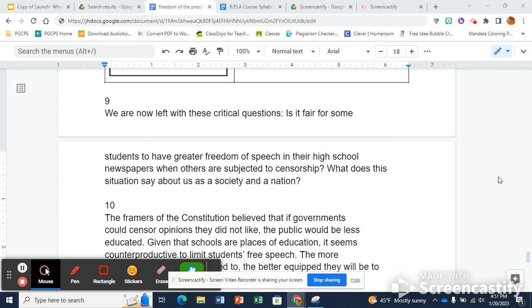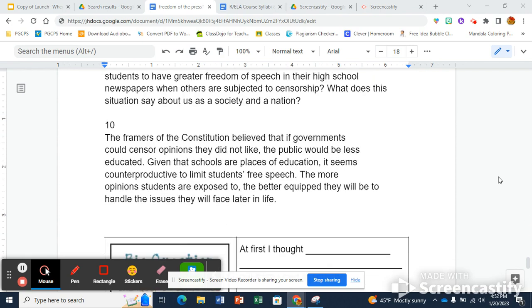We are now left with these critical questions. Is it fair for some students to have greater freedom of speech in their high school newspapers when others are subjected to censorship? What does this situation say about a society and a nation? The framers of the Constitution believed if governments could censor opinions they did not like, the public would be less educated. Given that schools are places of education, it seems counterproductive